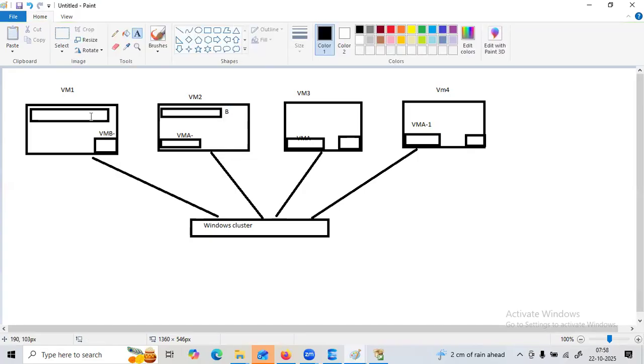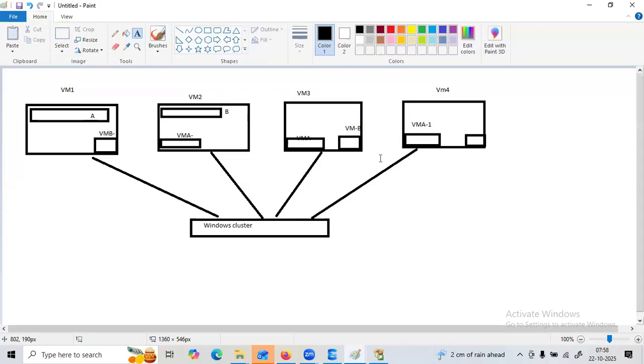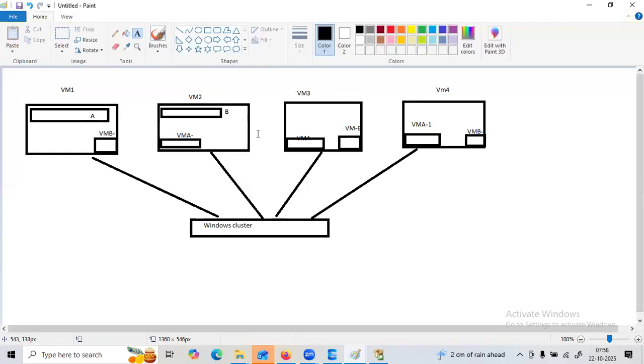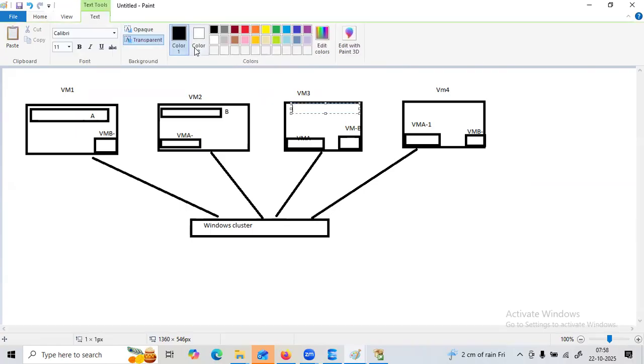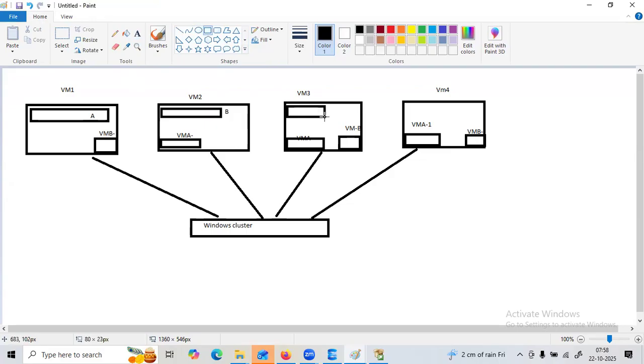VM B minus. Here, VM B minus. So here the main installation remaining, yeah: add node, add node, add node. The same thing for here. This is called, same thing for here. Let me go for